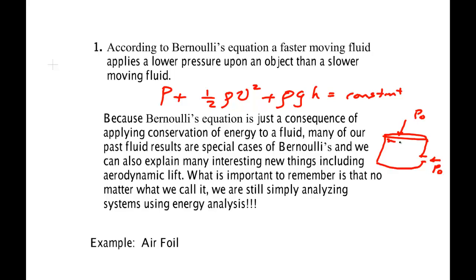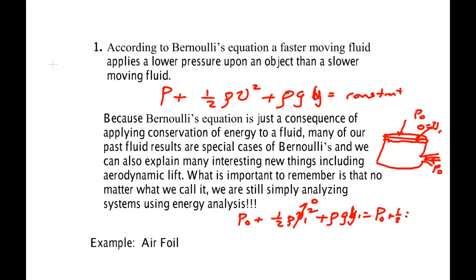If this is a big tank, the velocity up here, V1, would be 0. The velocity here, because it comes spewing out, would not be 0. And what we could get is P naught plus 1/2 rho V1 squared, but that's 0, plus rho g Y1 (I don't know why I wrote H, my fault),